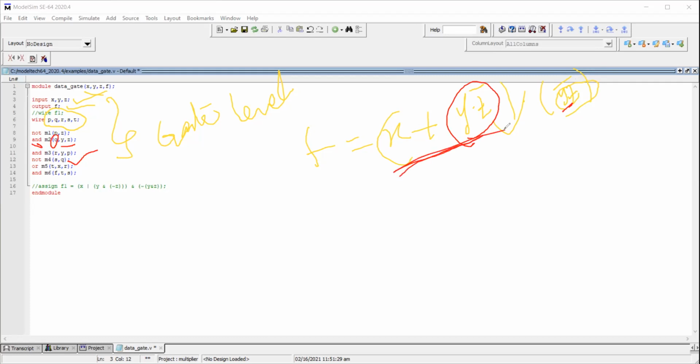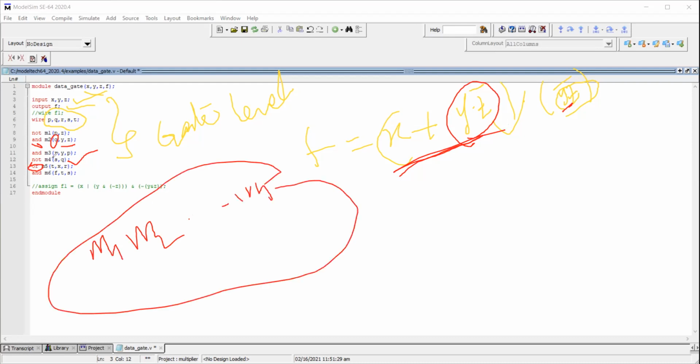And next, x plus y. These two are together. So I'm using OR as a keyword, OR m5, where m1, m2, and so on up to m5 are the gate numbers, gate names. So or of t comma x comma r.